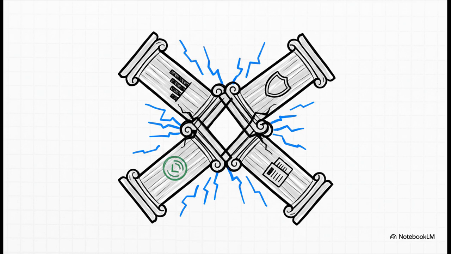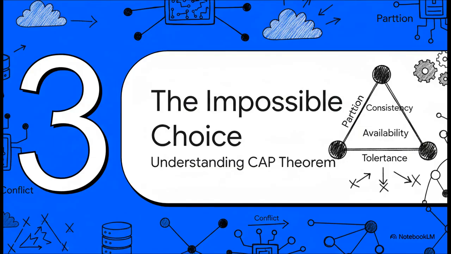In the real world, you can't always have everything. In fact, these pillars are often in direct conflict with one another. And this conflict, it's not just some random, casual challenge. It's actually a fundamental mathematical law of system design. It's called the CAP theorem, and it forces developers to make what can honestly feel like an impossible choice.